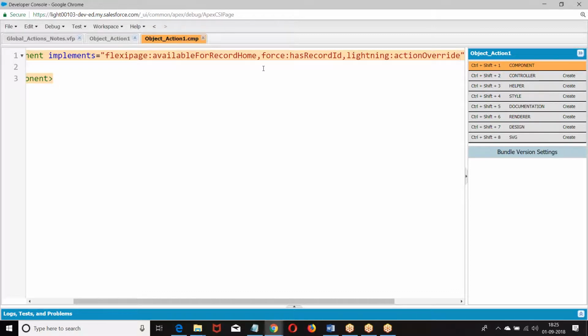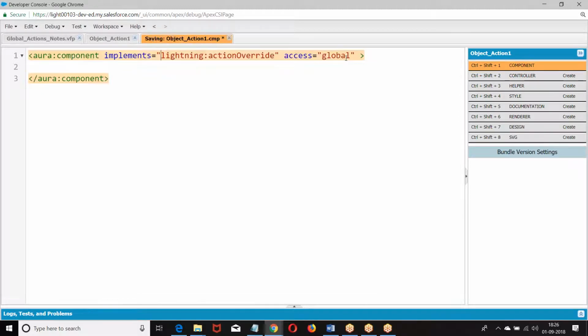I hope you are good. So, if you want this component to be used to override a standard functionality, it has to go for Lightning action override. The remaining two things I require in case you use LDS. When you click on a button, some page will open. You want to display a particular record. On a particular record, you want to save, delete, or update a record. Then generally we go with LDS. If you want to use LDS, we require this. Otherwise, you don't require. As simple as that.